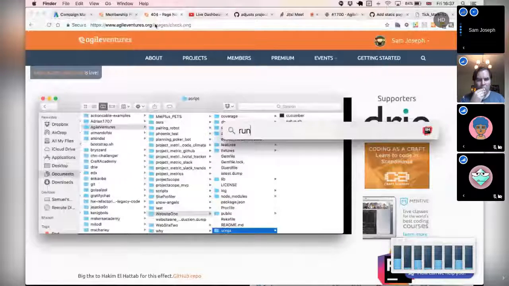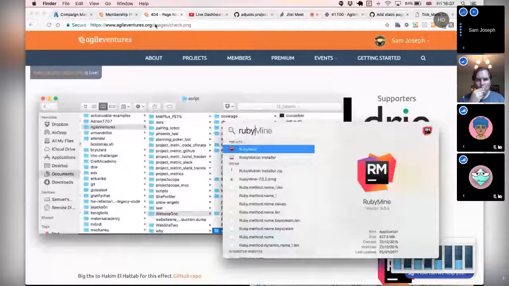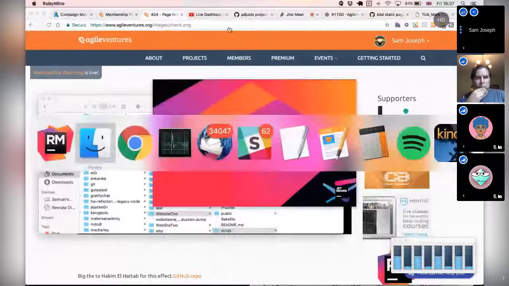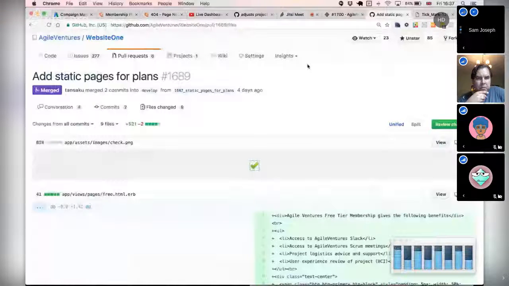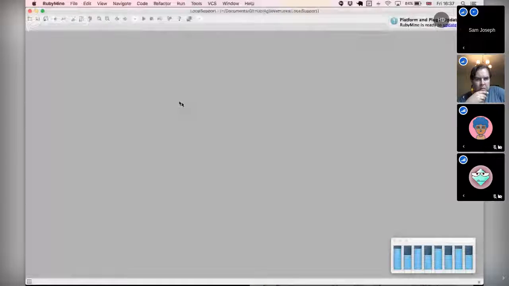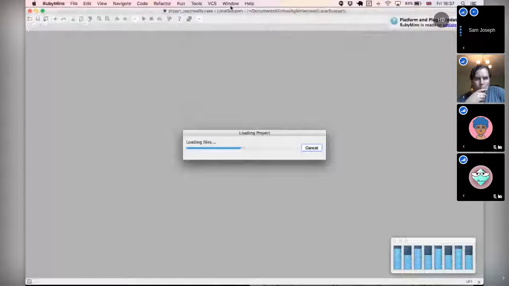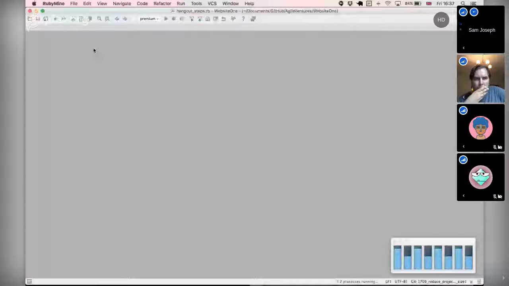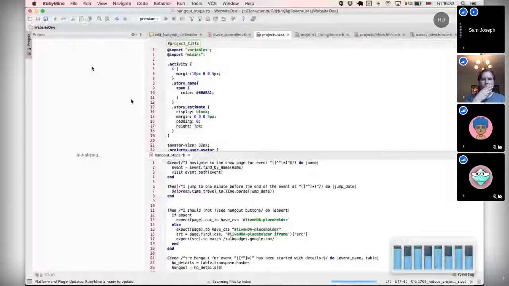Am I doing something silly? It's in app assets images check PNG. It takes like 5 minutes for website 1 to know. It's getting there.